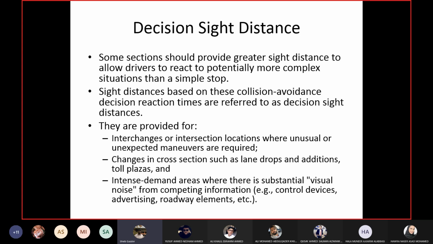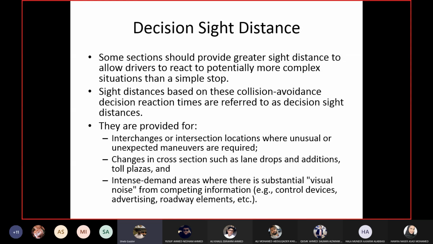So in the previous case, we just took the stopping distance, that we must provide visibility equal to stopping distance. This may be true for situations in which the driver is encountering something normal and routine, like a traffic jam, a signal, a stop sign, a roundabout, parking areas. These things are very routine, not unusual, not unexpected. So in these situations, providing normal stopping distance, or visibility equal to normal stopping distance, is sufficient.